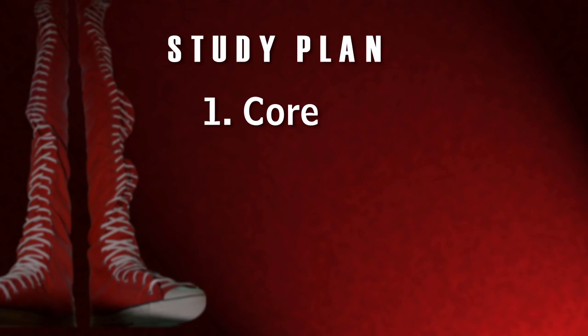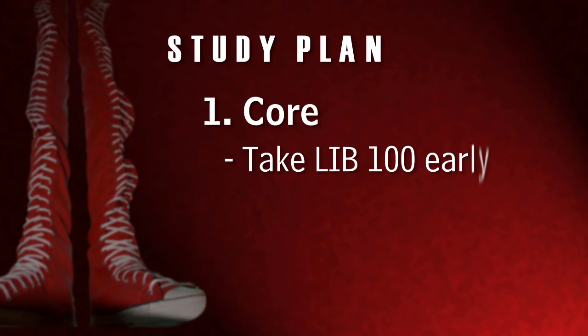And we recommend that students, as early as possible, take Lib 100, which is Introduction to Liberal Education, first. This really sets the foundation for what the degree is about. It talks about the idea of liberal education, gives the idea of students taking ownership and responsibility for their education. It really sets the stage. Plus, it fulfills the philosophy and literature gen ed category foundation. So we get a lot of students in that class who aren't necessarily looking to become liberal studies majors, but through the exposure of that class, suddenly start thinking about their education in other ways.